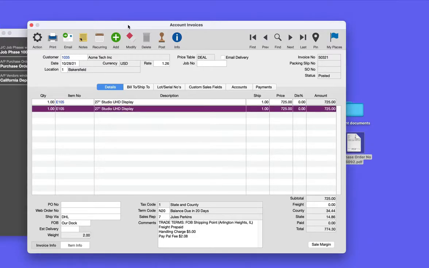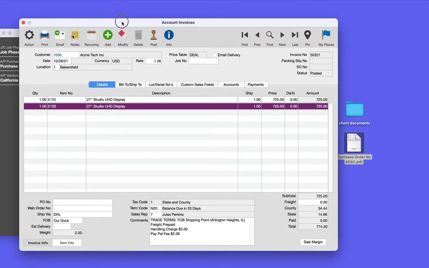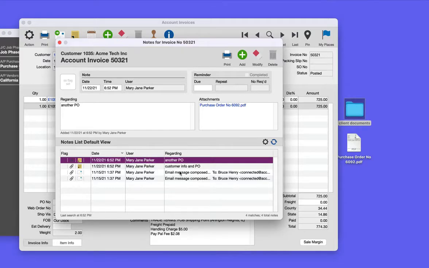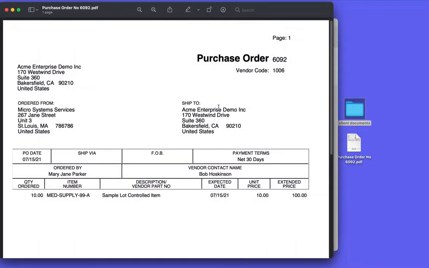The second way that you can add files is by dragging a file on top of the notes without having to start and open the note in the first place. So again, I'm going to take my customer purchase order, and then I'm just going to drag it over that quick note. So all I've done is click once, drag it over, release the click. There's my document, and here is another PO. Now, when I'm under my customer record for this particular invoice, there's my next note, here's my purchase order,